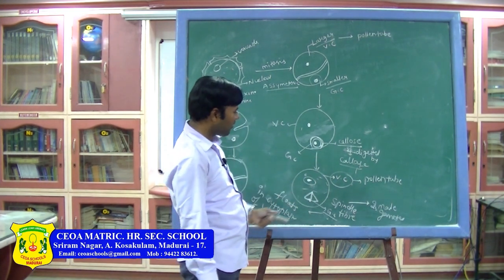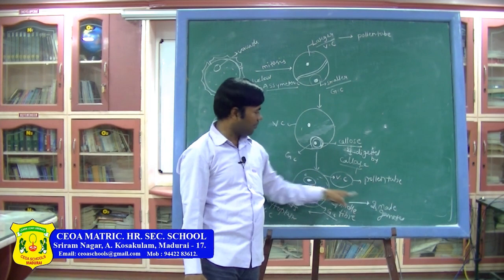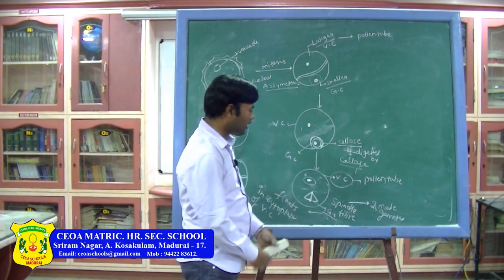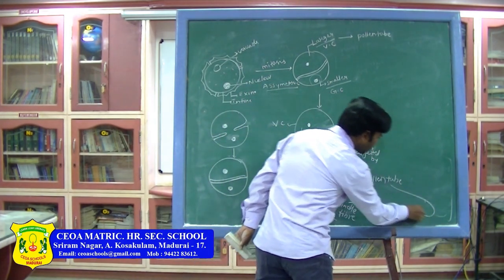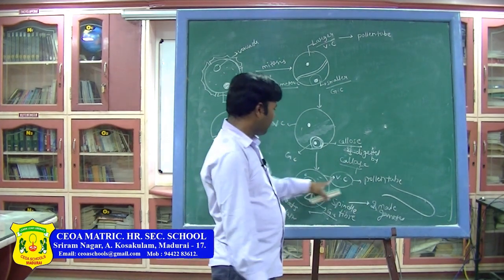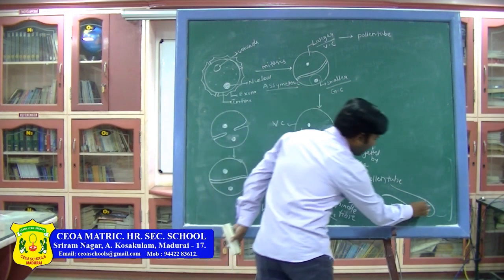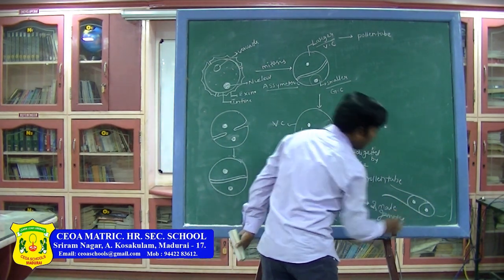Next, what happens here? The GC develops the two male gametes, and the vegetative cell develops the pollen tube. Due to that, what is the pollen tube structure? This is the pollen tube. Who is developing the pollen tube? The VC, that is the vegetative cell. Then this is one male gamete and this is another male gamete.